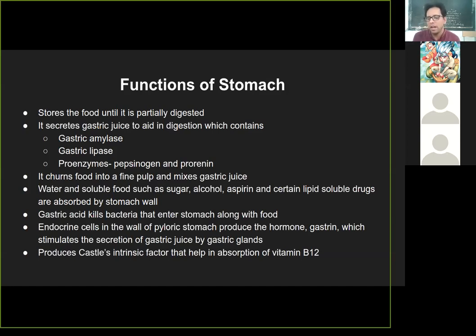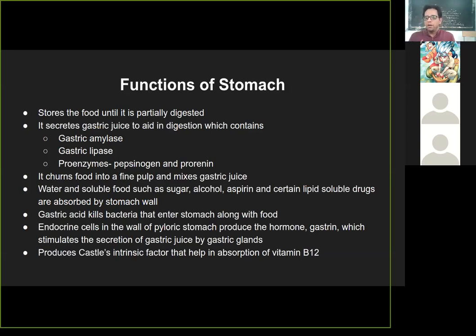Now, every organ has a blood supply, so obviously they are capable of absorbing something which is more in the food content. So water can be absorbed. Sugar molecules, that means the smaller carbohydrates like glucose or even sucrose, fructose, all of these molecules which are instant generators of energy, they can get absorbed. Alcohol, that means whatever whiskey, rum or beer kind of alcohol.